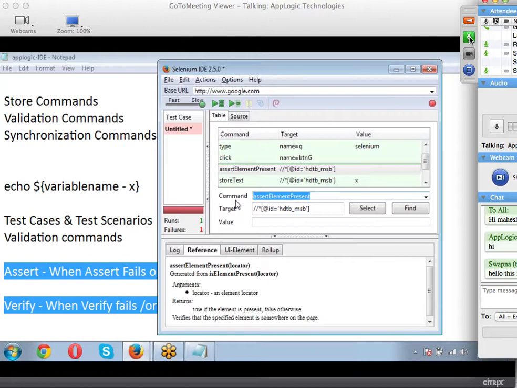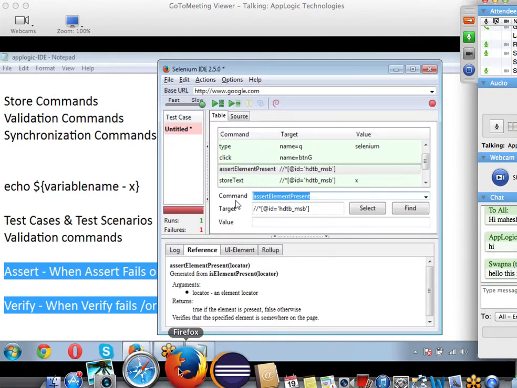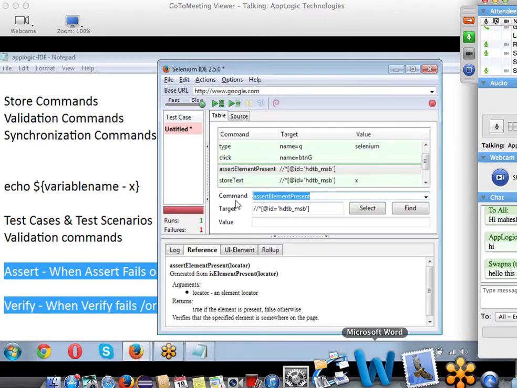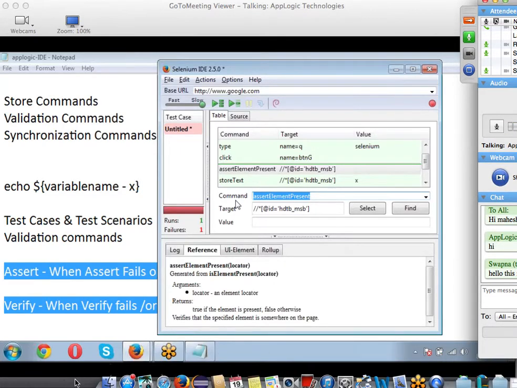While asserting the element's existence, if it is found, I will take my execution further. If it is not found, I will stop my execution. So this is a basic level idea which I'm giving you. Now, what is the major use of assert and verify? In a real-time scenario, for example, there is a login screen that I have to validate. If my login credentials are giving me an error and I'm not able to log in, there is no point in checking your inbox validation.